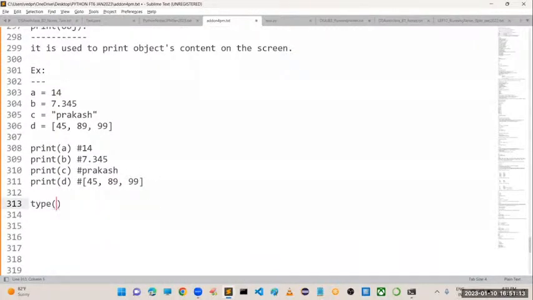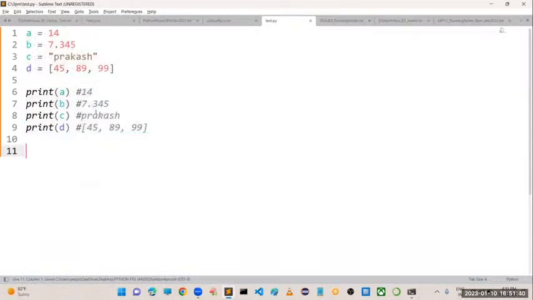I think from the name itself, you got clarity. If you are passing any object, what is it going to do? It returns the type of the object. What type of object have you passed? Is it an integer value, or a floating point value, or a string value? It is going to return the type of the object. So if you take this example, in addition to A, I want to check the type of A also.